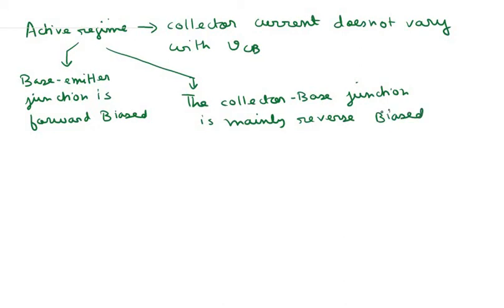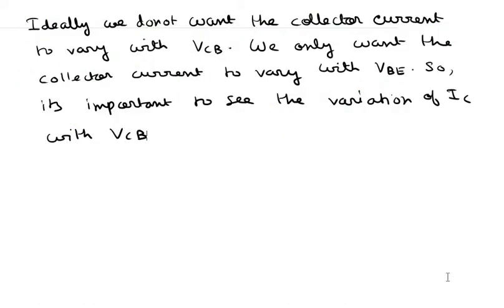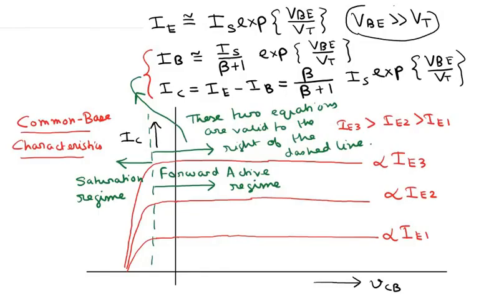Okay, or it might be slightly forward biased. So as you can see in this curve over here, there is some regime here also, but the VCB is basically negative, and the collector current is still constant with VCB. Generally this regime is of the order of 0.2 volts to 0.3 volts, this length, that is.